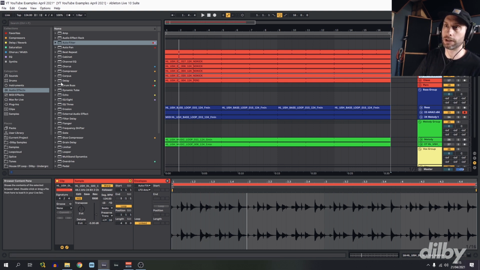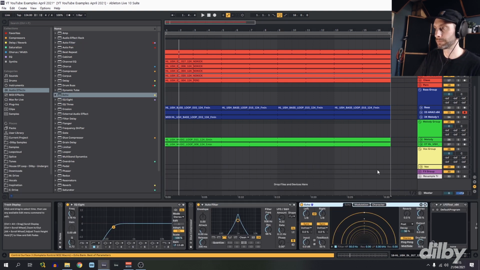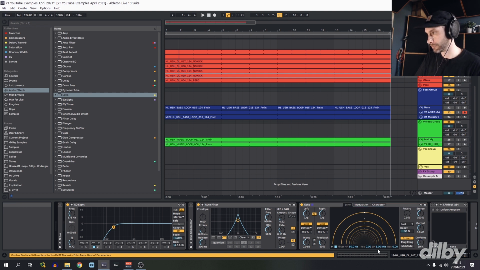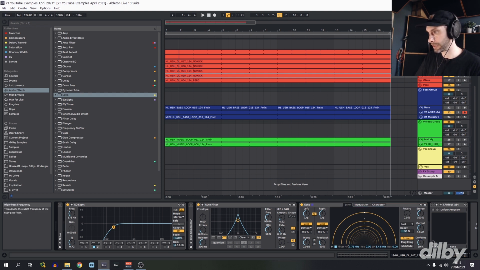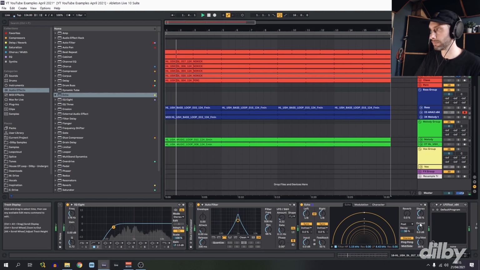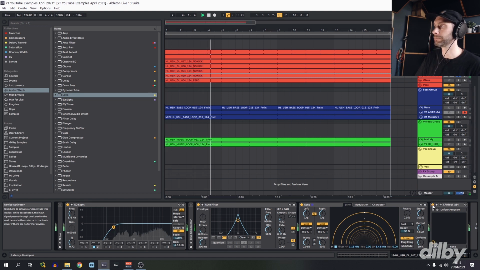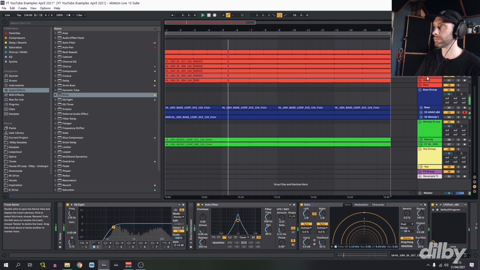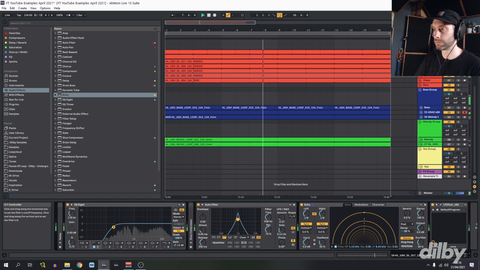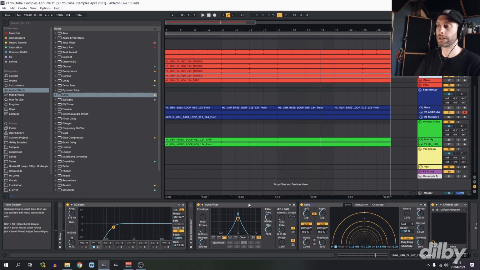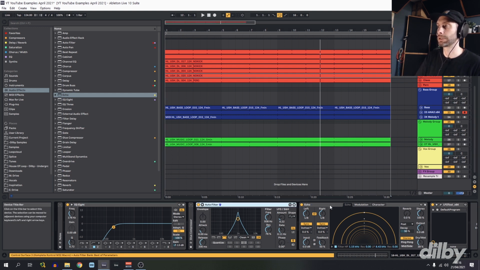What we could do there is throw on an echo, open up the highs a bit, cut out some of the lows, and add some sidechain. So that was super easy, just a few little things to create like this really unique, interesting texture for the background of the drums. Another thing we can do